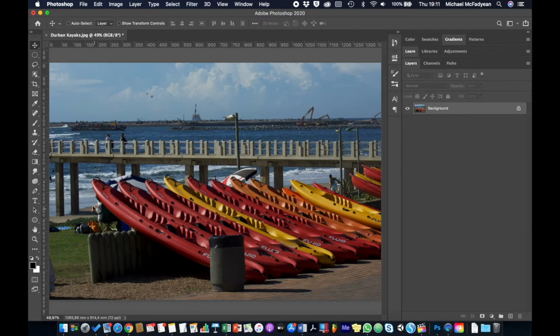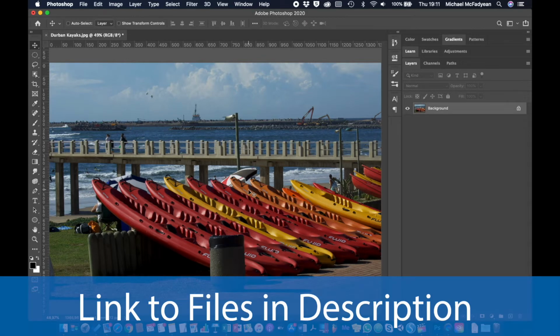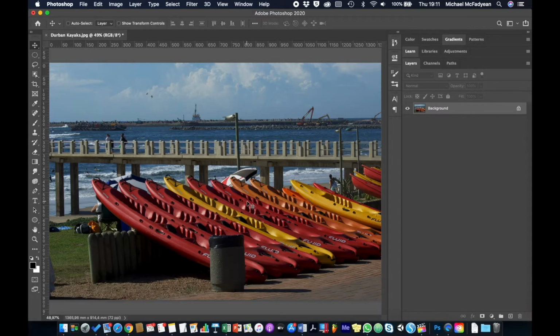Okay, so we're going to be looking at one more fill option, and that's content aware fill. So this photo you will be familiar with from the active learning section of this theme. And it's a photograph I took on the South Beach in Durban, and I honestly didn't know there was a